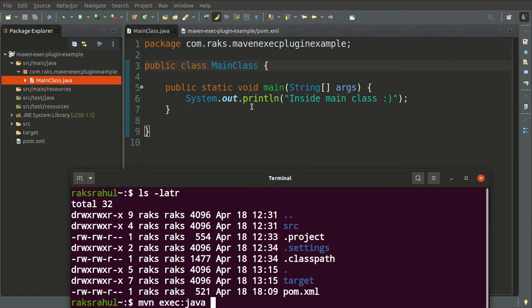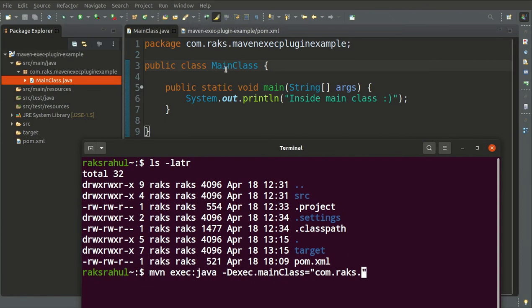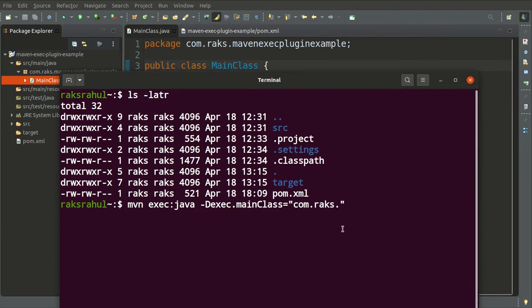In this case we have this main class and we have to run it through this command line. So we will pass this argument with the value of the fully qualified name of the main class with the package.